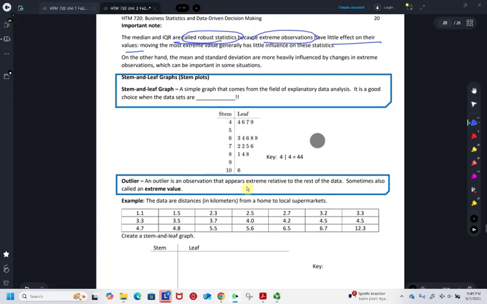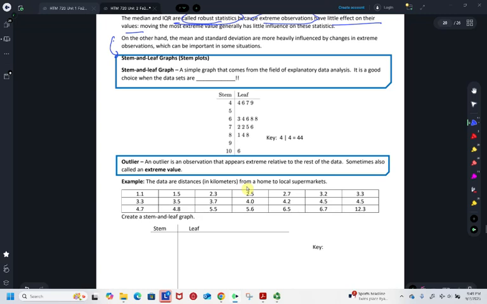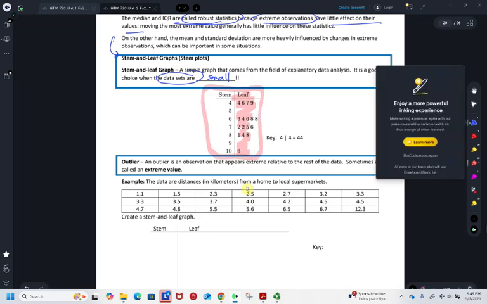Okay, now we want to look at the stem and leaf graphs. Well, this is another representation for numerical variables, but they are very useful when the data sets are small. In this case, whenever I look at the stem and leaf plot, the stem is right here and the leaf is right here. So we can tell that if I were to convert this representation back to raw data,